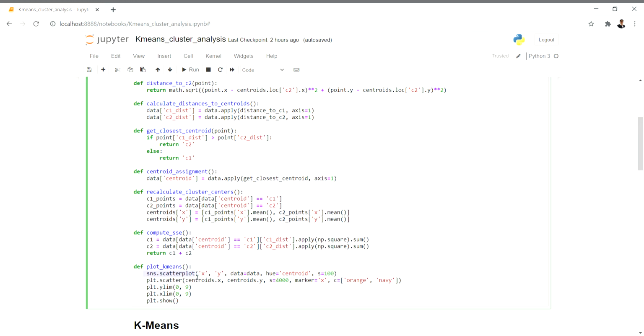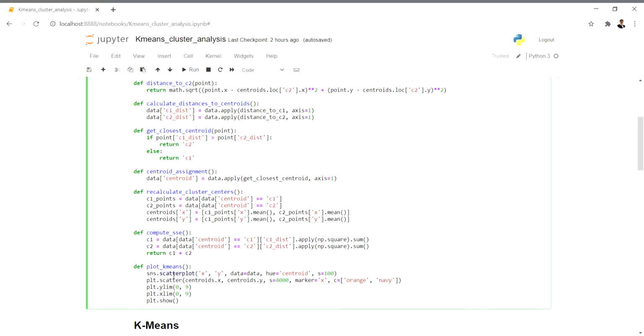The approach is that we'll have one plot, and in that plot we'll have all the data points. That is the hue centroid, and the size that we are keeping is 100. You can change that, make it small or big, just for your visibility. Then from plt.scatter.